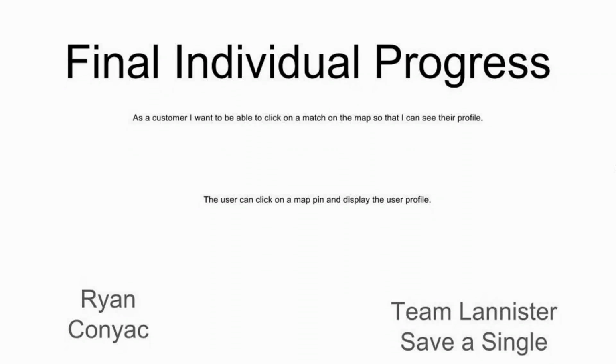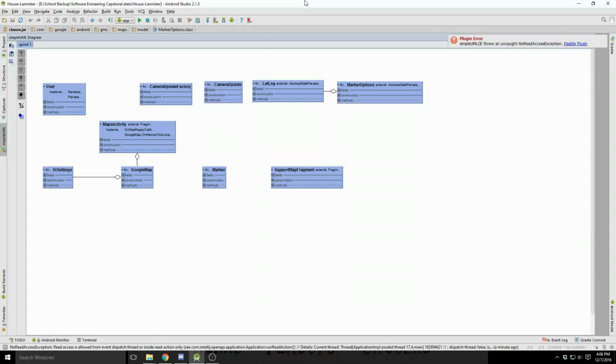This user story is, as a customer, I want to be able to click on a match on the map so I can see their profile, with the acceptance criteria being the user can click on a map pin and display the user profile. For this user story, with the implementation of the maps, I had to use the map support fragment to be able to use the fragment manager to display the map, and